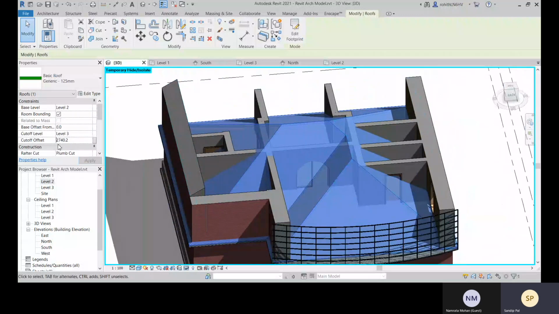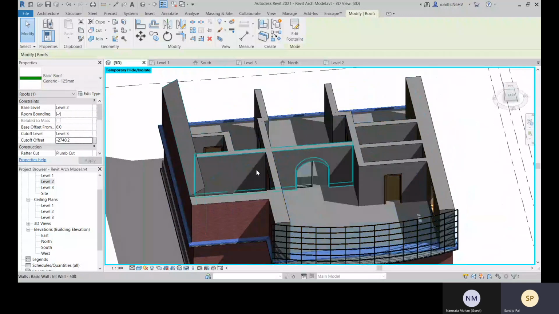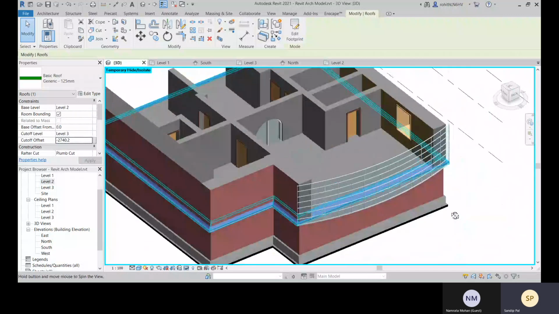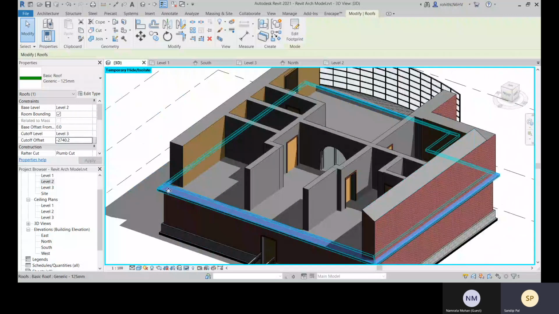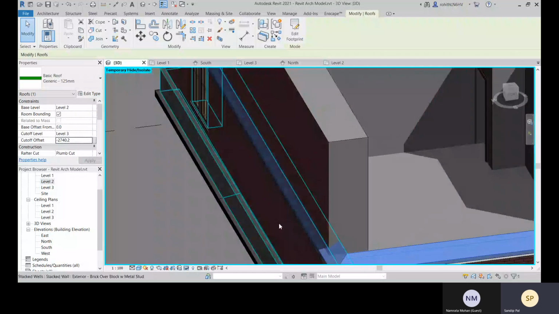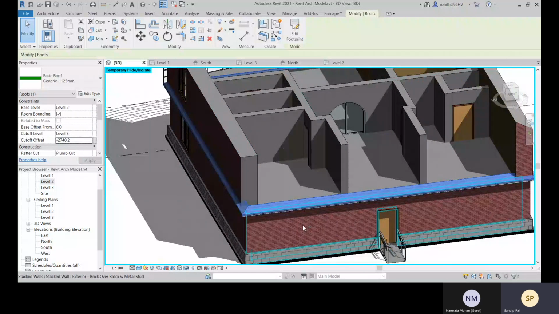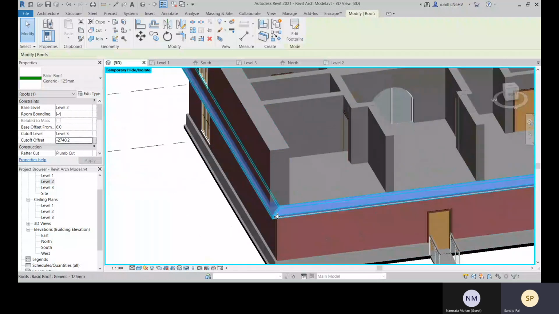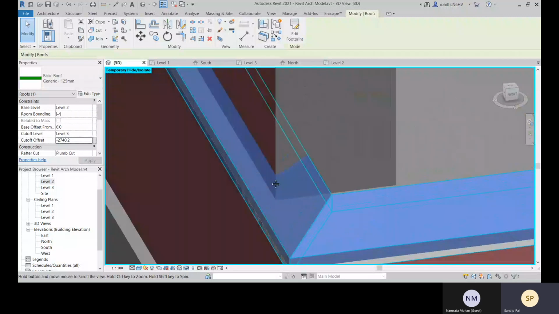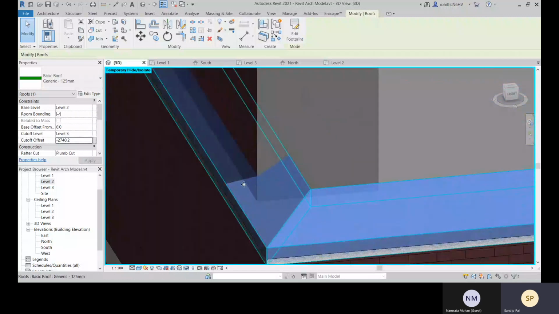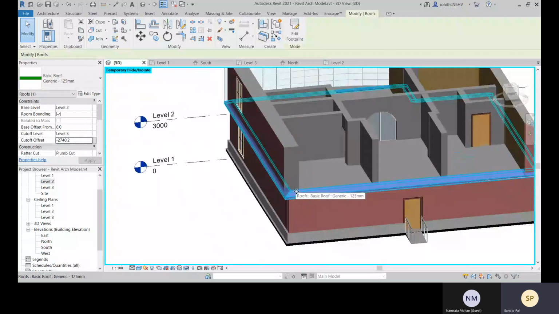Sorry, this will be minus. Yeah. Okay. So you are having this kind of profile easily. Okay. So you just measure how much dimension will be there.